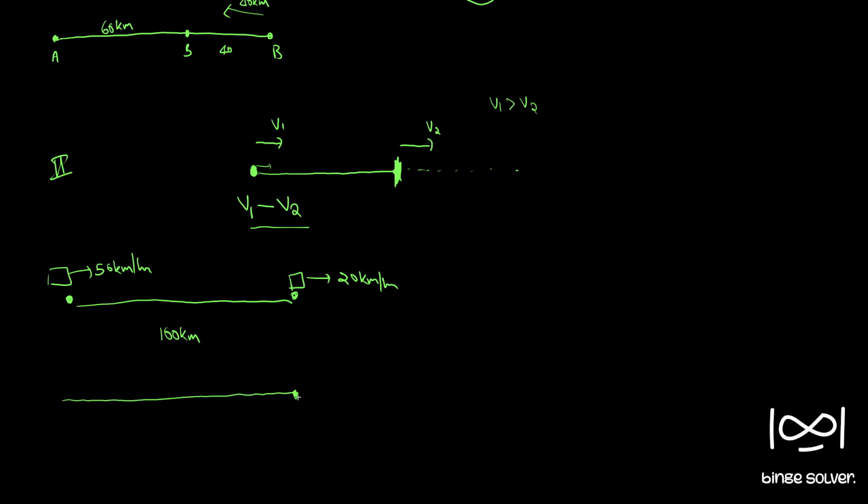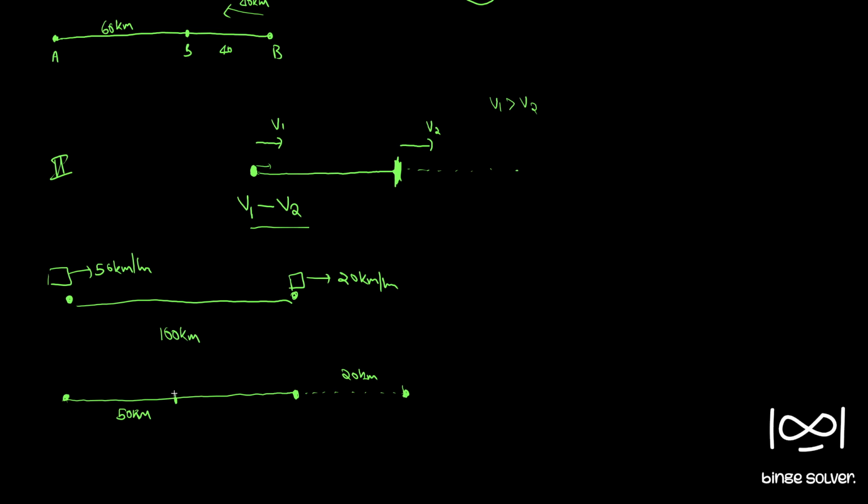This is the original position. This car has traveled and reached here, 20 kilometers, since its speed was 20 km per hour. But this car has moved 50 kilometers. So originally 100, so almost half the distance it covered and reached